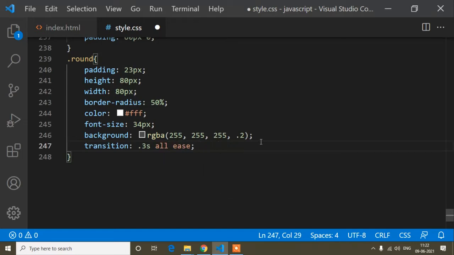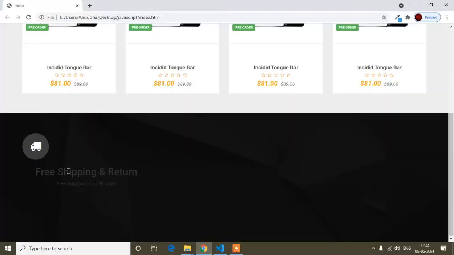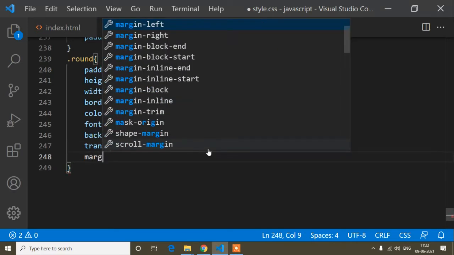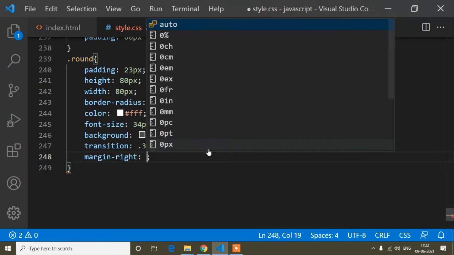Only this. Okay, because guys, when I hover, as I showed in the preview, the background color of this element was transformed into orange. That's why I have added the transition. Okay, so now the transition is added. Now here you can see I have to add margin, because guys